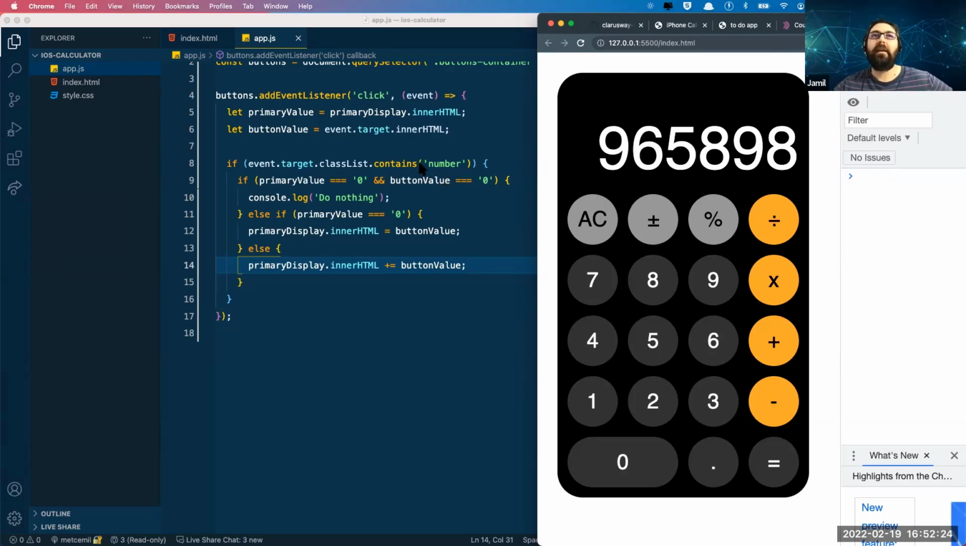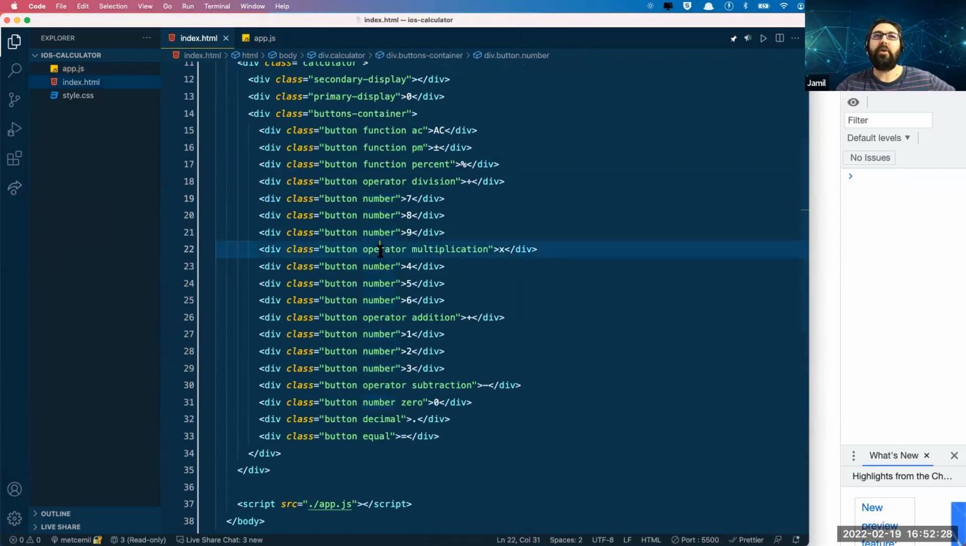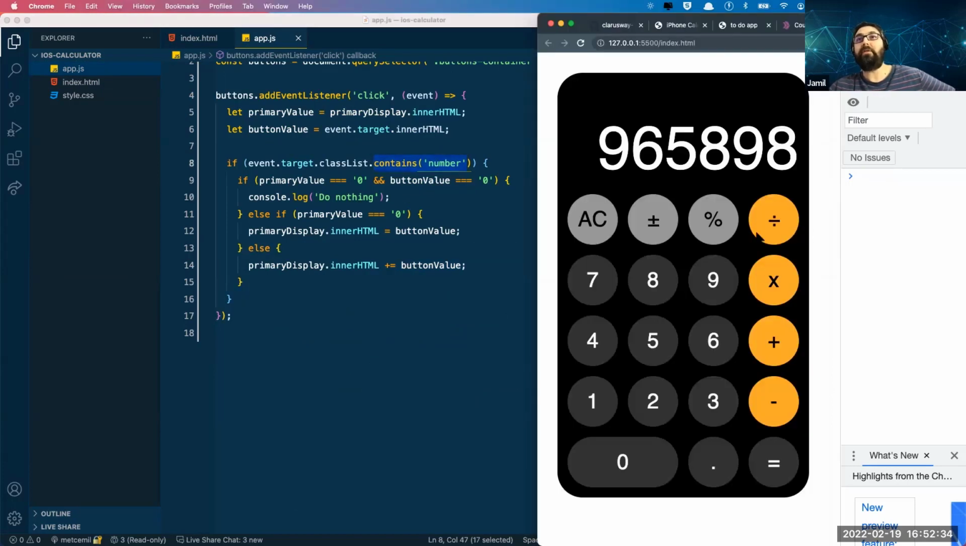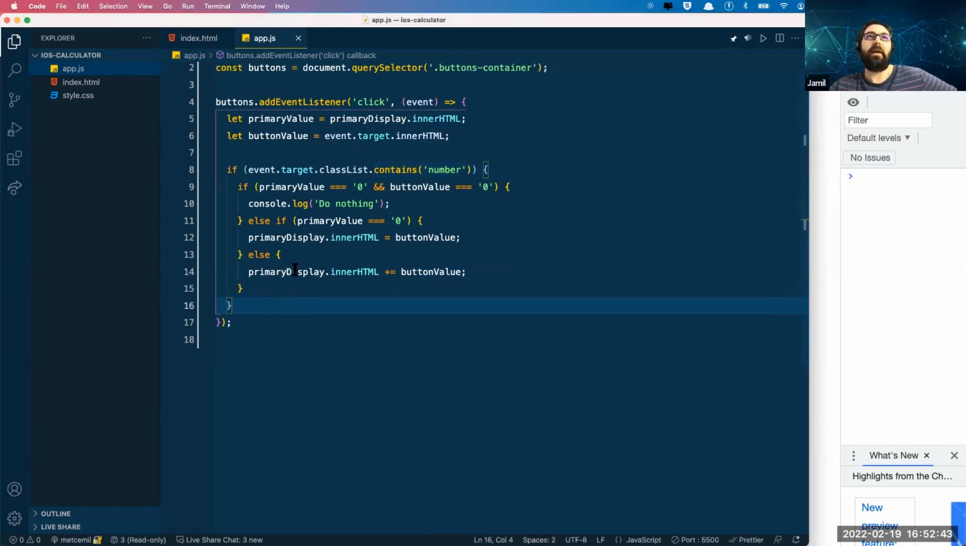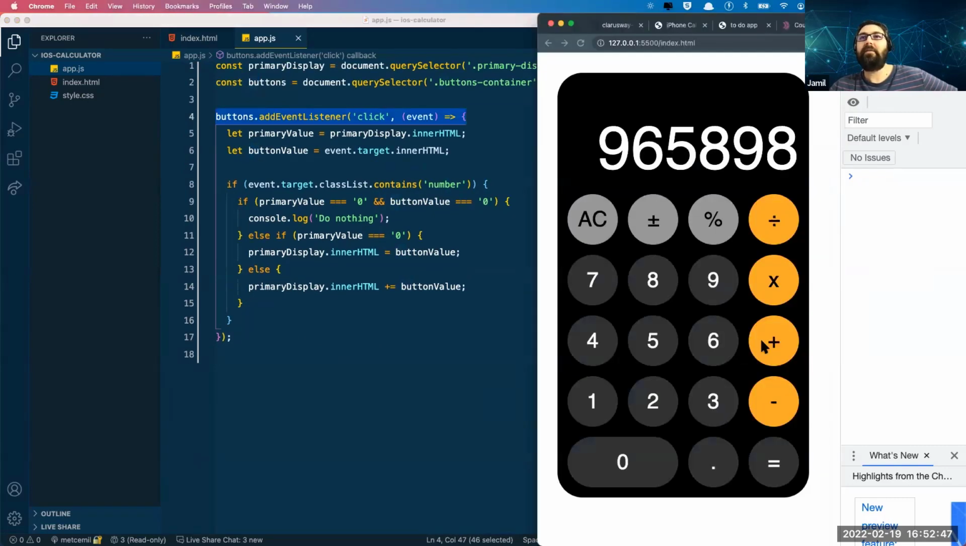And again, instead of contains number, we will now check if it is an operator or not. If it is an operator, we will define which operator is clicked. Is it division? Is it multiplication? Is it addition or subtraction? So let's do this. Okay, we are still inside the click event because it will happen as we click the